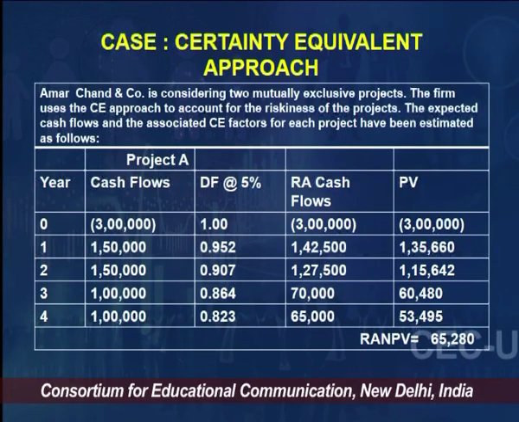So, 65% was the certainty equivalent factor. If you multiply 1 lakh, I am referring to the last row, for year 4, with 65%, it gives you 65,000. So, my risk adjusted cash flows, refer to column number 4, RA cash flows. I am starting from the bottom, fourth year is 65,000, then 70,000 in the third year, 1 lakh 27,500